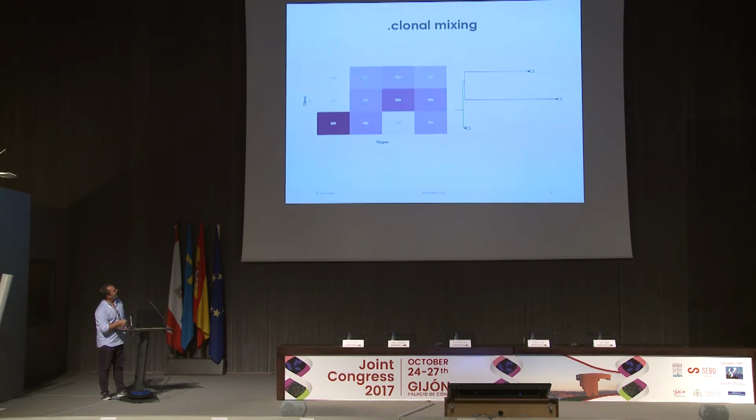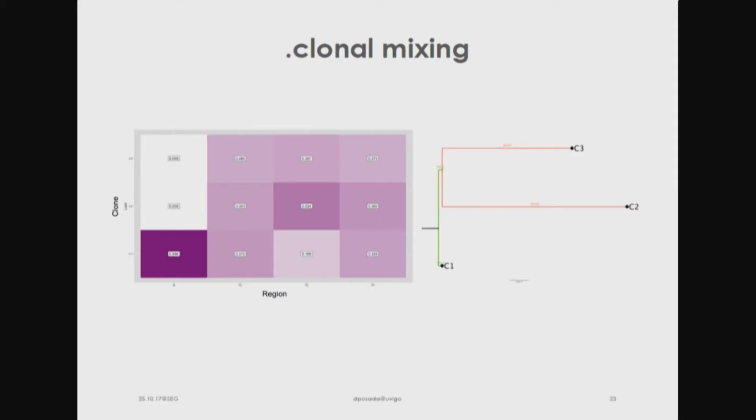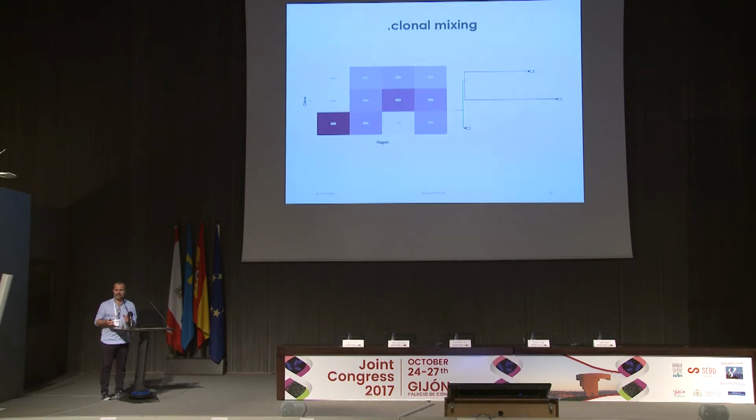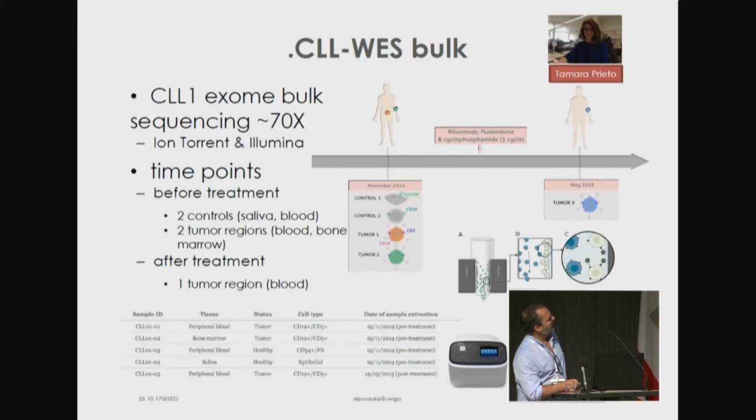Somehow. Here you don't see the numbers, but basically, again, we infer the clones, few clones here, surprisingly just 2. This is whole genome data, and we are only able to infer 2 clones. I believe that's a problem of the methods. But they live everywhere. In this plot, we have the prevalence in different regions. All these clones live everywhere, against total mixing. There is no structure. There are no clones that live here and clones that live there, which is surprising.